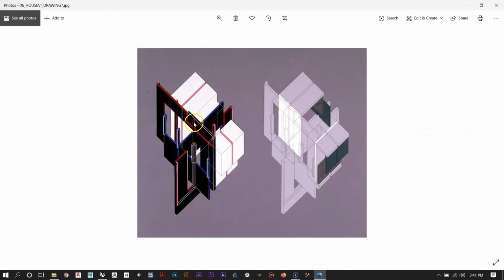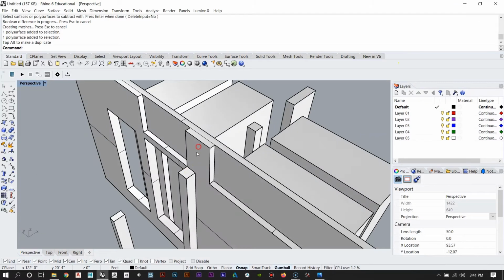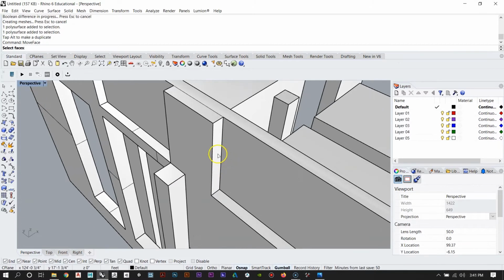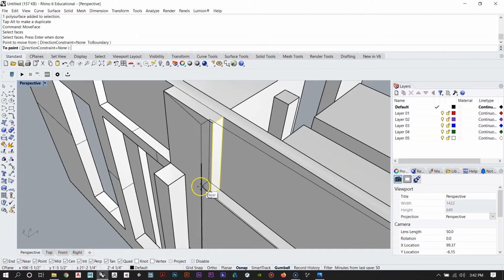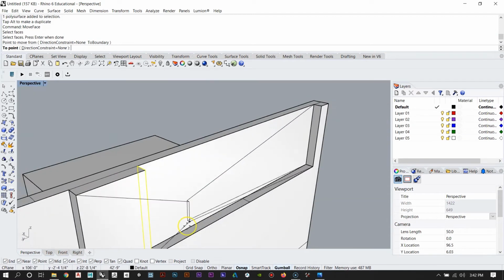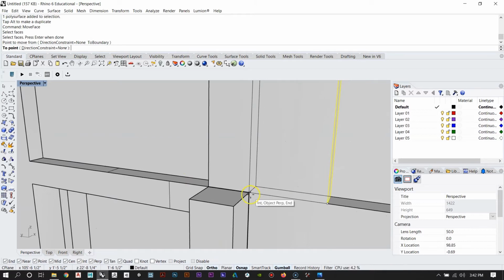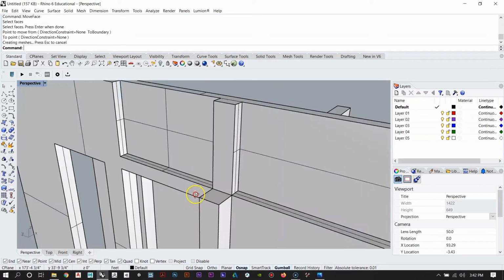You'll notice that the width of that post here looks like it matches the width of that plane. So what I'm going to do is take a move face command, and I'm going to move this